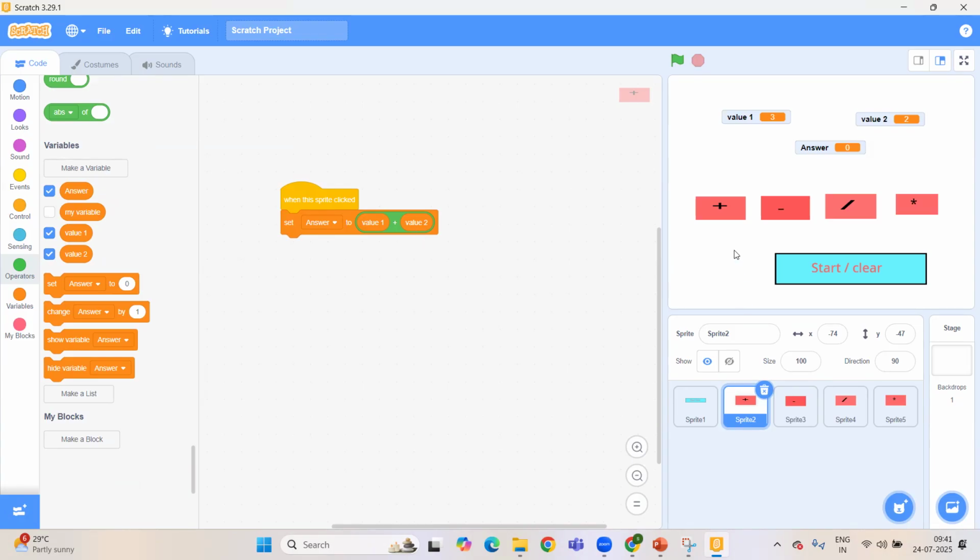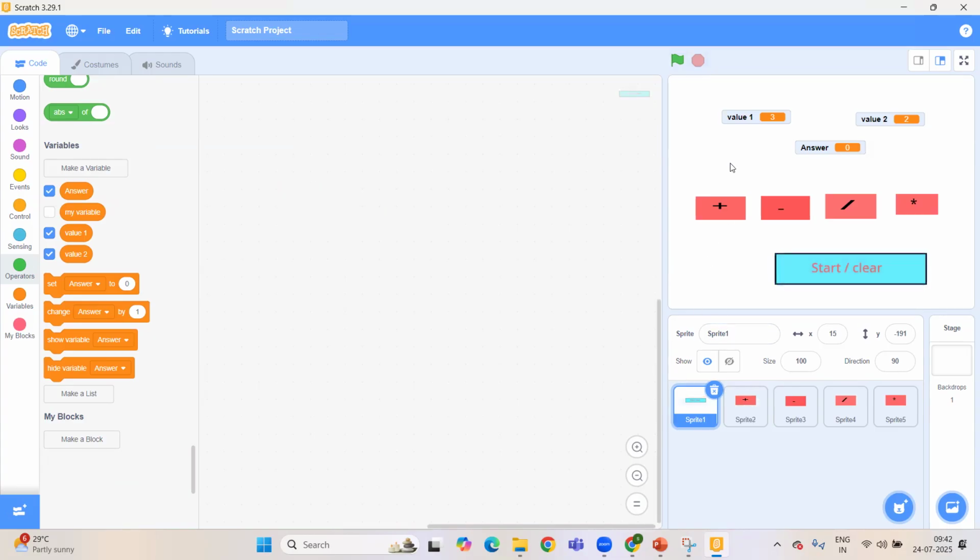Okay, so let's check whether it is working or not. Then we will create the similar logic for all these buttons, or sprites. So let's start with the plus sprite. So when I start again, just stop this code, or I can clear this code. Okay. So we can start it again. Okay, let's wait. Yeah, when I click on start and clear,